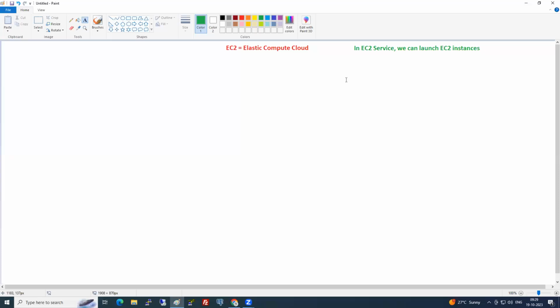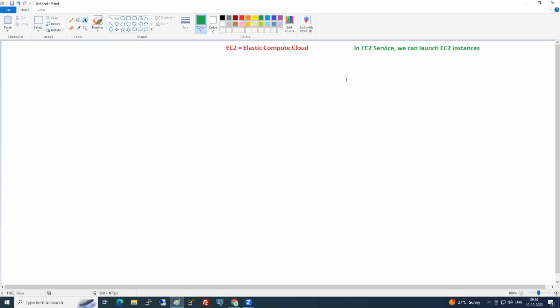Now you tell me the certification question, guys. EC2 is regional or global? EC2 is regional. That is a certification question. There might be a few other services that are applicable for all regions. That is global. Also I'm telling you, 95% of the services, most of the services, are regional only.